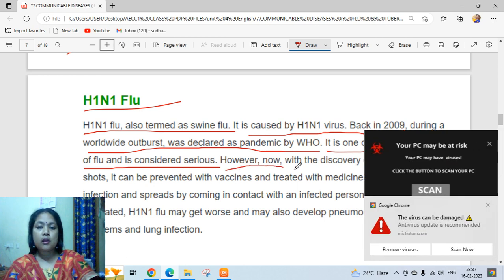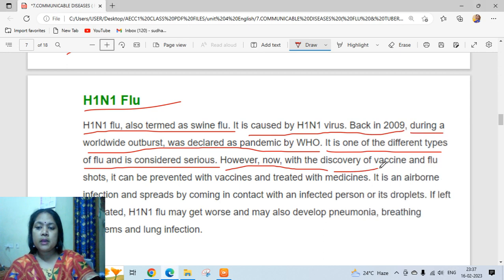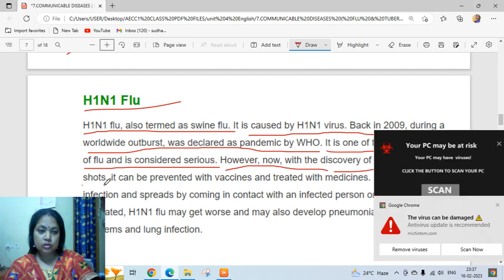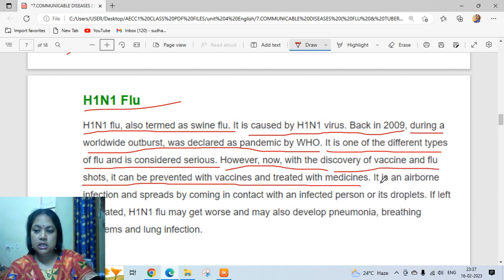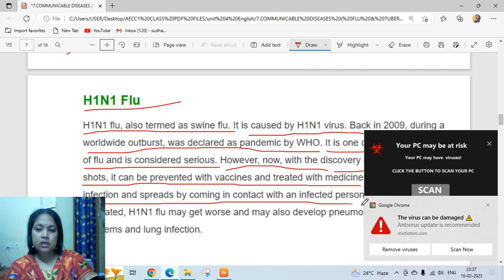However, now with the discovery of vaccine and flu shots, it can be prevented with vaccines and treated with medicine. It is an airborne infection and spreads by coming in contact with an infected person